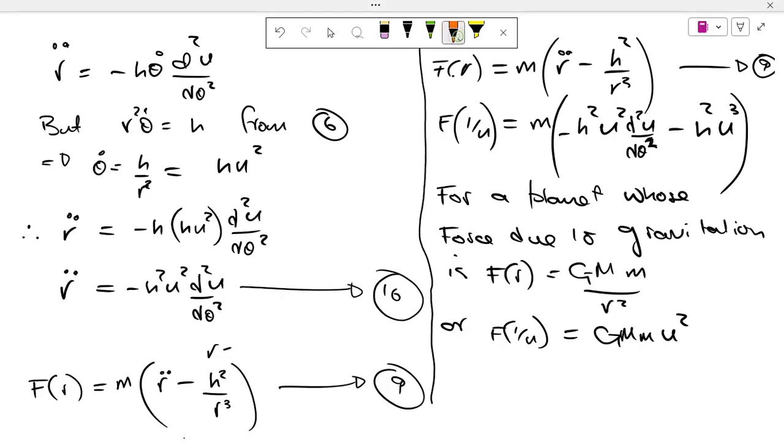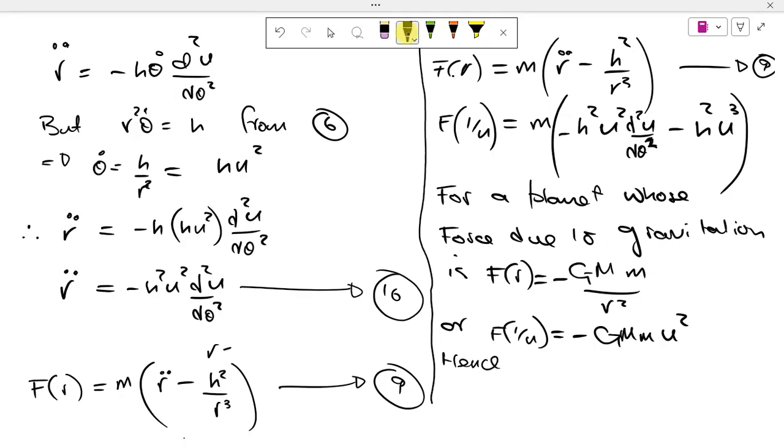So again, we're substituting r equals 1 over u. Remember that to get this. In fact, I've missed something out. Let's just write in the fact that that's negative. So that force due to gravitation, the gravitational force, is negative. Hence,